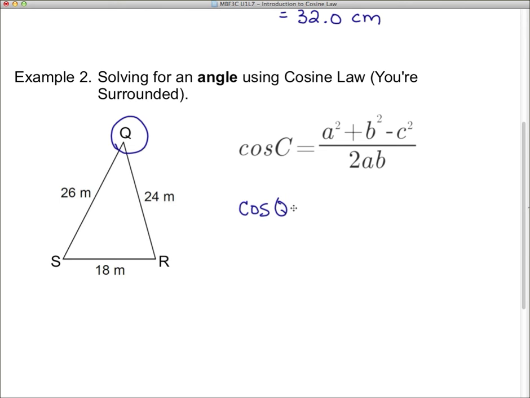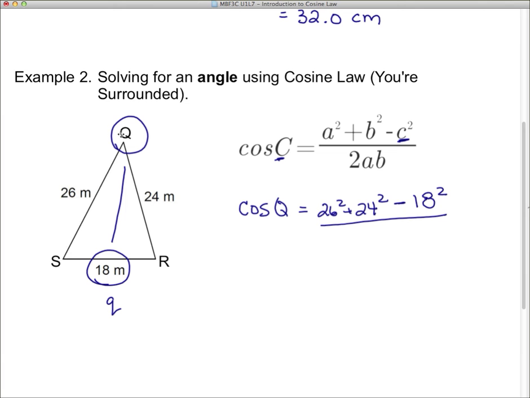Cos of Q. Now, how do we know which numbers? We've got a lot of numbers here. Well, across from Q is little q. And here we had a big C and a little c. So the biggest thing you need to remember here is whatever angle you're finding, this subtracted one over here is the side across from it. So minus 18 squared. Now everything else fills in the other ones. 26 squared plus 24 squared, and then we do minus the side across from the angle you're finding,